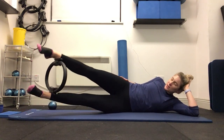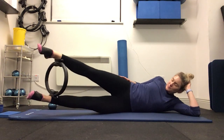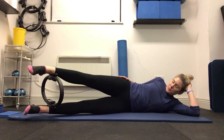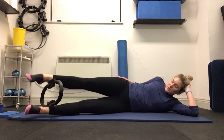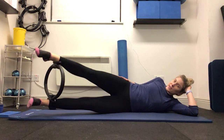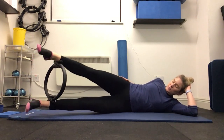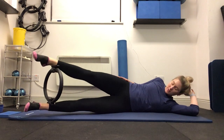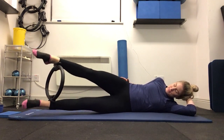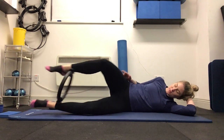Lift and lower, lift and lower, lift and lower, lift and lower. 4, 3, 2, 1. Squeeze with both legs for 1, 2, 3, 4, 5, 6, 7, 8, 9, and 10. Good. Bend the knees